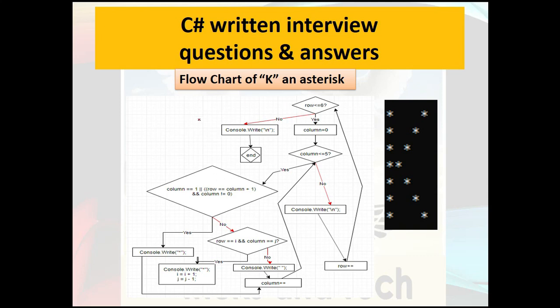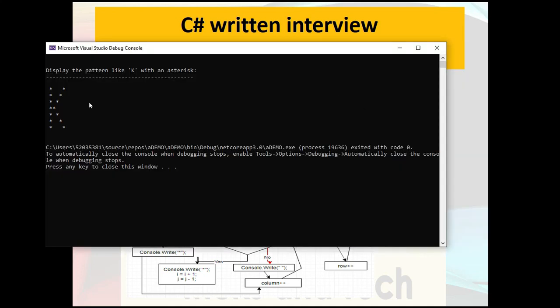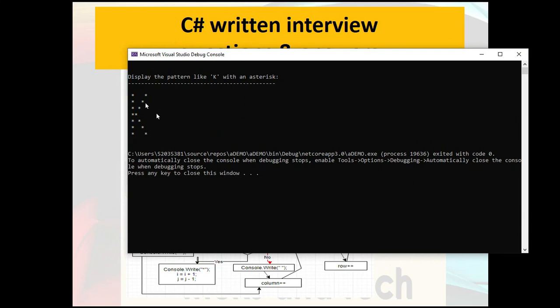This is the C Sharp written interview question and answer series, and today I will show you in a demo and a practical example how to create the alphabet K with asterisks in C Sharp. Okay, so let's see the demo first. This is our running application, and you can see over here I have created the alphabet K with an asterisk. It is a very simple and straightforward